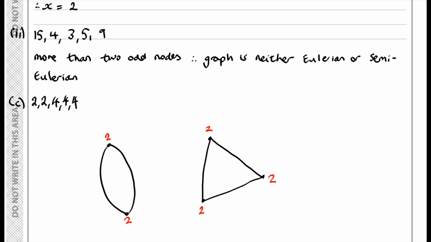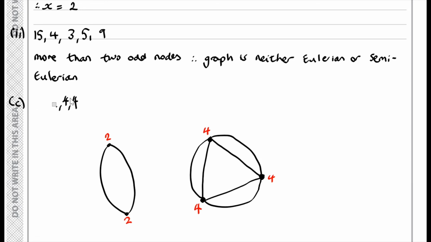So what we can do is instead, if I connect this to this, and then this to this, and then this to this, you'd then find, instead of us having this 2 and this 2, now we've got 4, 4, 4, and the graph is not connected, and I can't start and end at the same vertex. Okay, so this satisfies the conditions